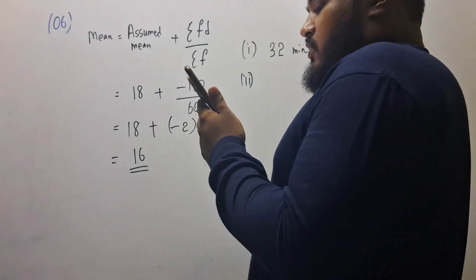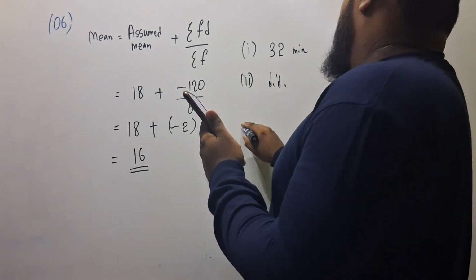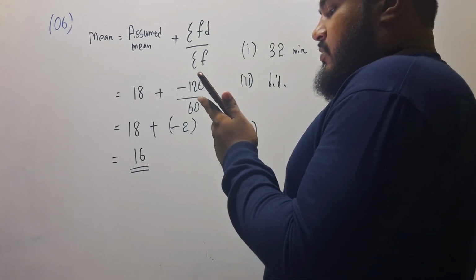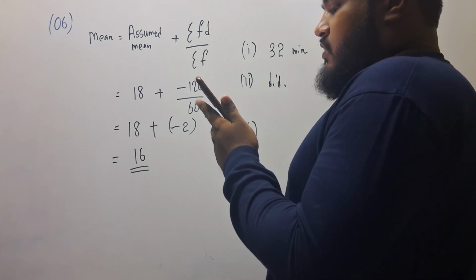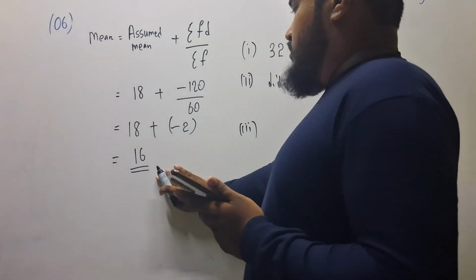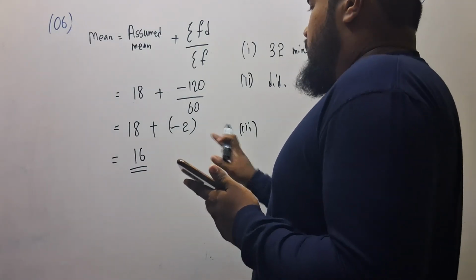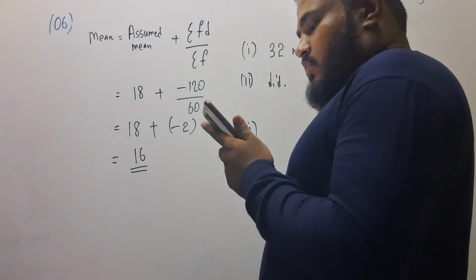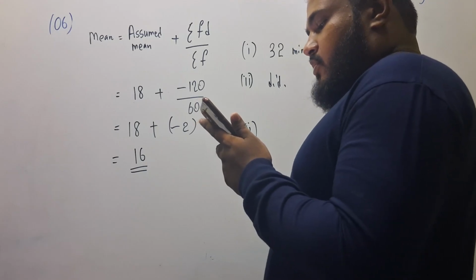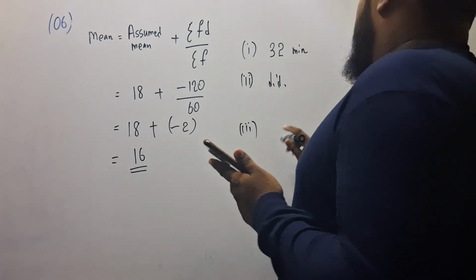Number 2. Using a suitable assumed mean or other method. That was the thing we did first. Then number 3. If there are 20 working days in a month, and 186 employees working in the company, how many hours did the company lose during this month? That means what we found as the mean, the average value that an employee gets late, is 16 minutes. So if there are 186 employees getting late for 20 days